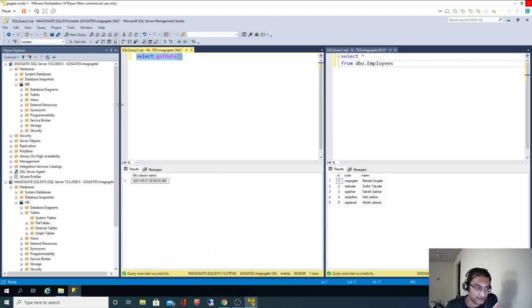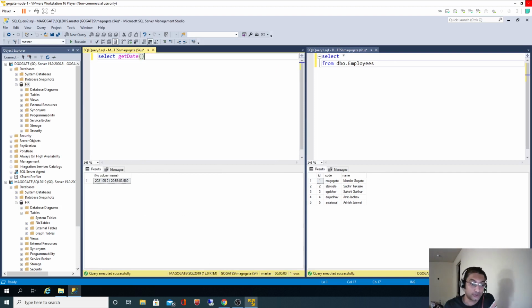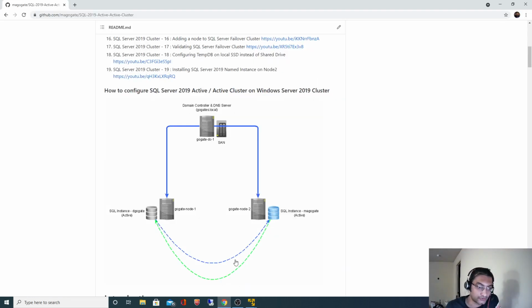So in our entire SQL Server active cluster configuration series, what we have covered is: very initially we started with the domain controller, then we installed Active Directory, we configured shared SAN or shared drives. Then we exposed those shared drives on each and every node.